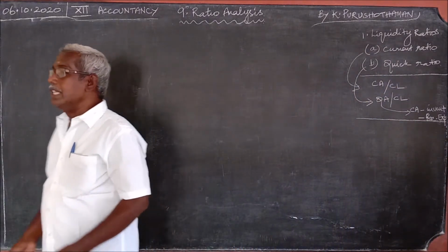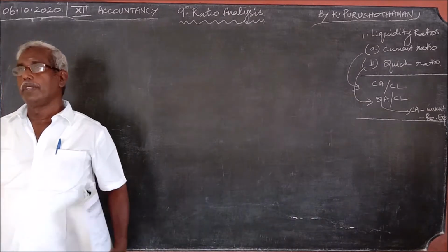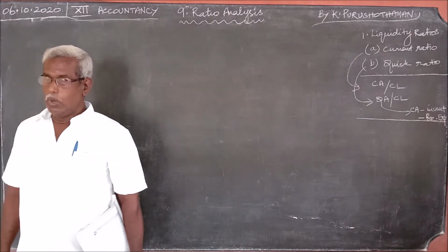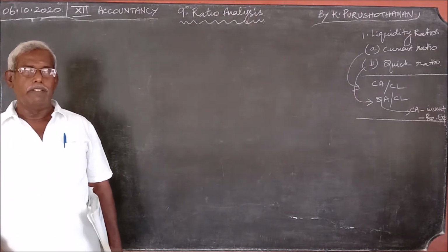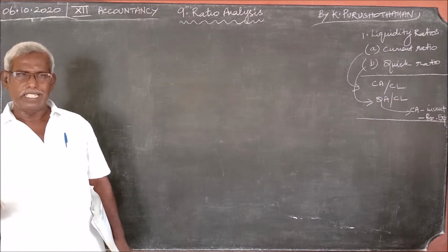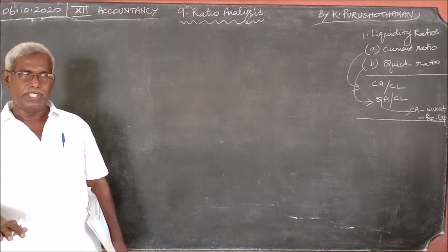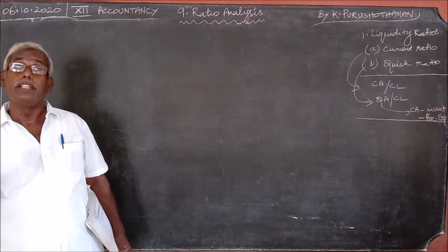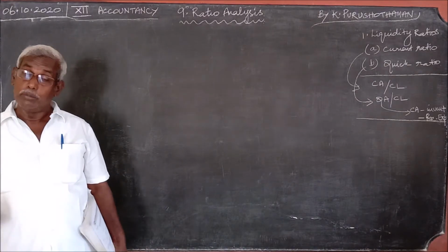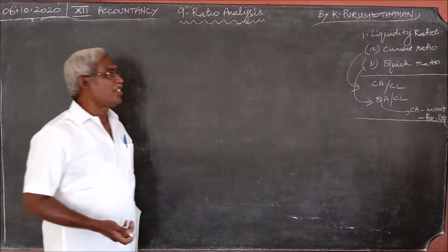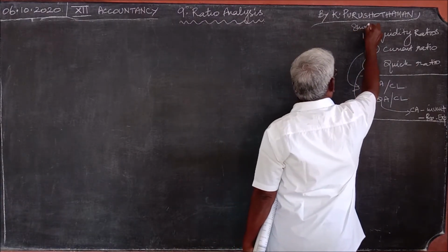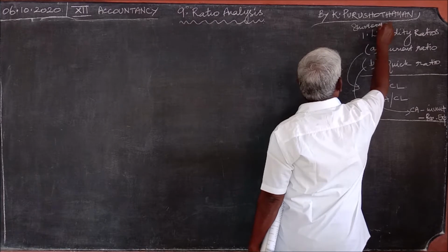This ratio is found out to meet the short-term obligations. What does it mean? What is the value of assets? What is the value of liability? Whether with the available assets, the liabilities can be met out or not. Can we manage with the available assets? It is for short term. This is for short term obligations.